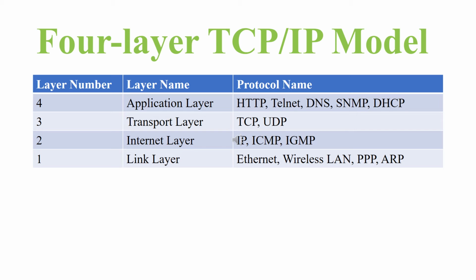and management purposes. Here you need to understand one thing: whenever we are talking about networking, we usually have two connections. One is a control connection and one is a data connection. The data connection carries the data, and the control connection provides control and management for that particular network. So here the IP protocol is used for the data communication, and the ICMP and IGMP are used for the